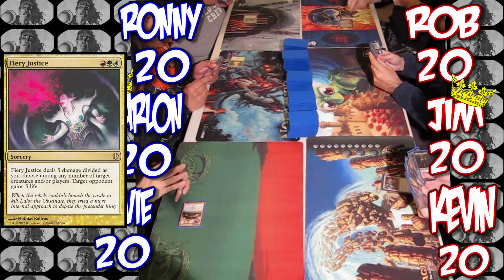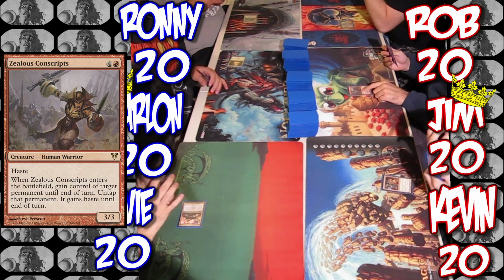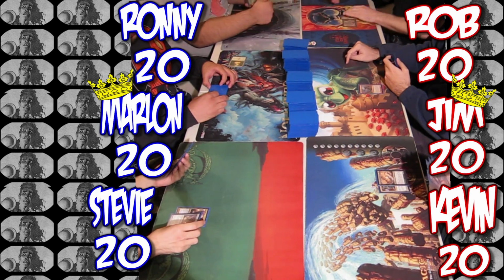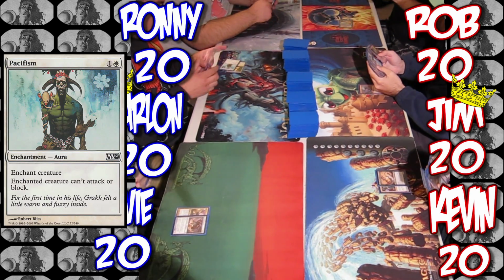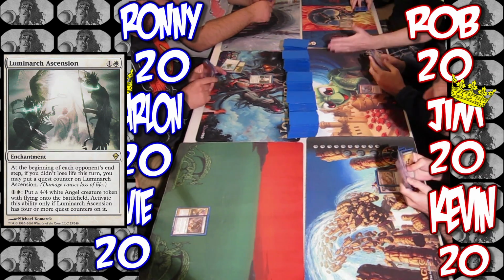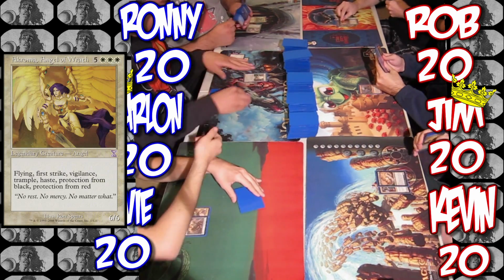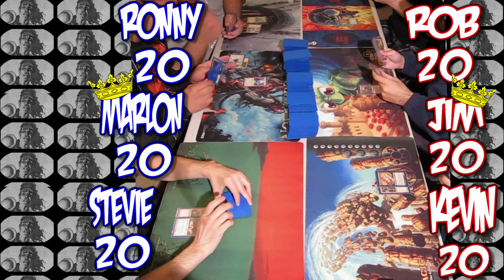Rob lands Fiery Justice. Jim lands Zealous Conscripts. Kevin lands Kokosho the Evening Star. Stevie lands Sanctum Gargoyle. Marlon lands Pacifism and casts Luminarch Ascension. Ronnie lands Countersquall. Rob lands a Chroma, and at the end of Rob's turn, Marlon triggers the Ascension, having not